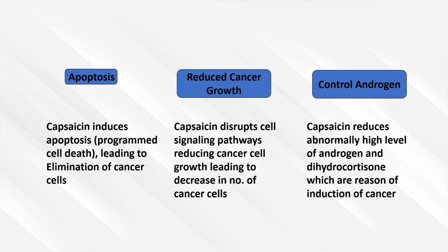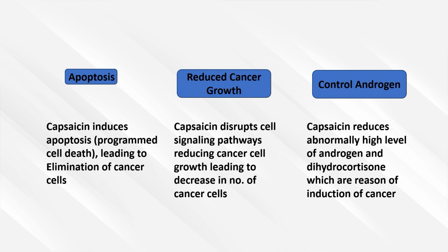Second, anti-proliferation effect. Capsaicin has been shown to inhibit the proliferation, or uncontrolled growth, of prostate cancer cells. It can disrupt cell signaling pathways involved in cell division, leading to a reduction in cancer cell growth. Third,